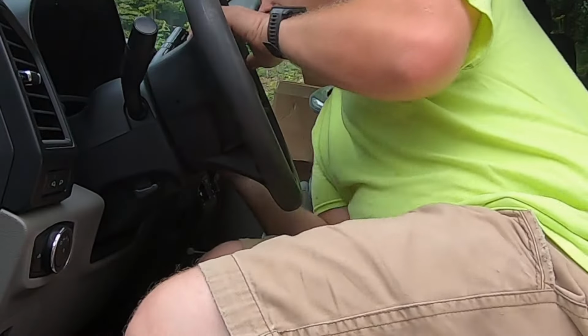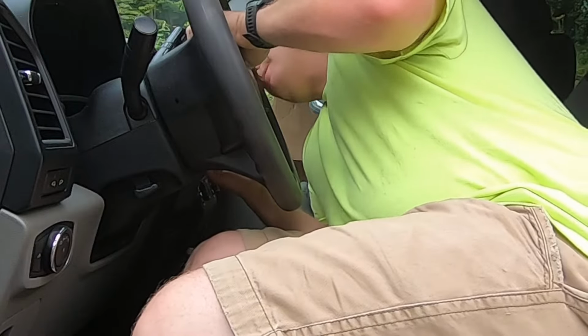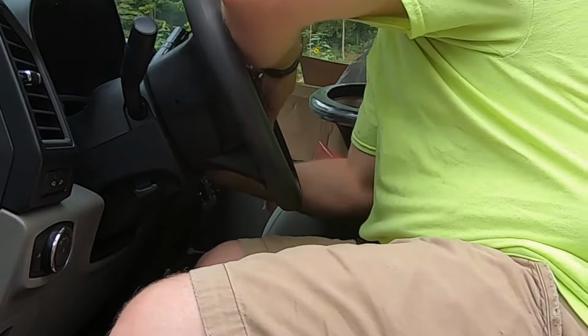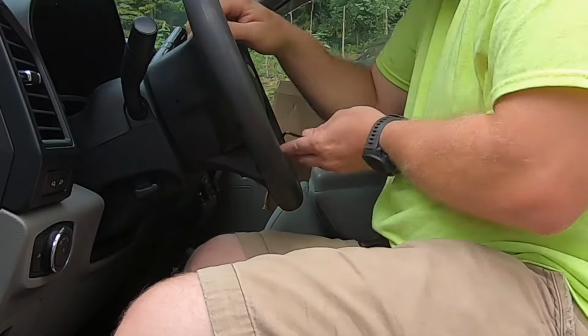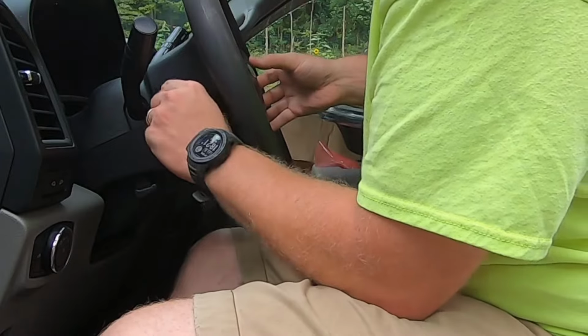So I think I got it on that side. It's that easy. Let's see. I just got this side, and the other side popped back in. So that's what I mean. You have to kind of